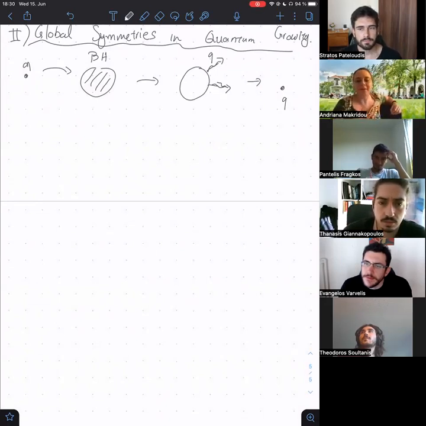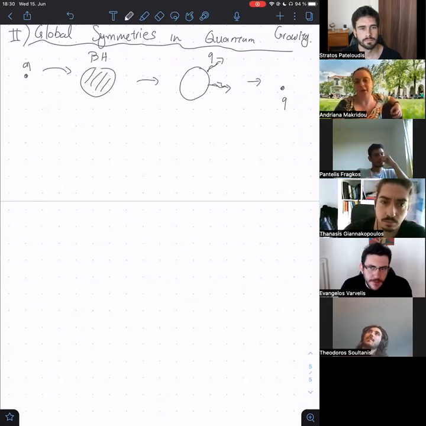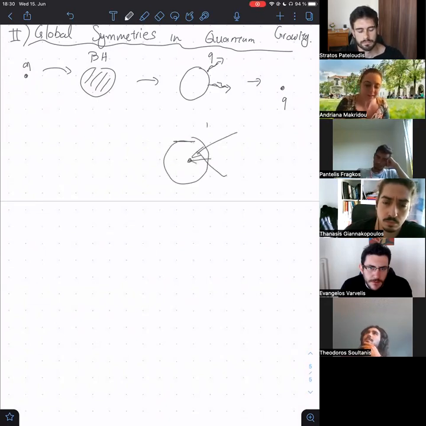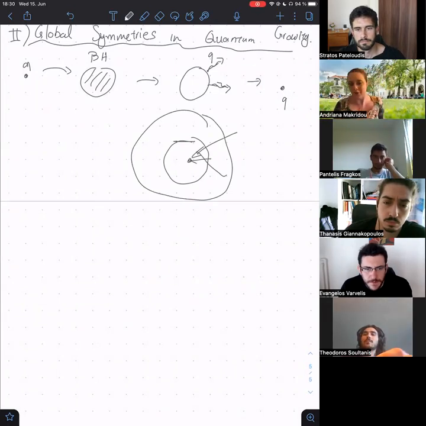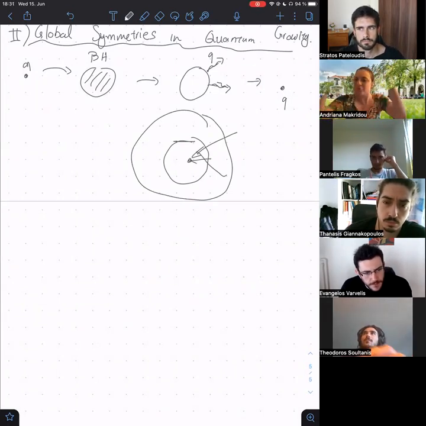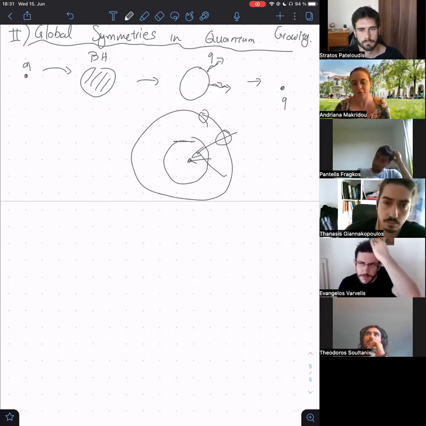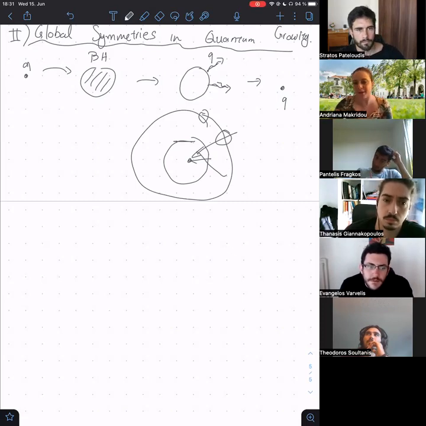The gauge symmetry is a symmetry that you can measure no matter how far away you are, because you can always have some kind of field lines that are going away. If you have some field, even if it's behind the horizon, you have the charge here that is a gauge charge, and then you have the field lines that end up on the field. So you go here, you do Gauss law around outside of the horizon, and you still have the field lines coming in and out, and then you can measure what is there. So think about it as electromagnetism. There is some propagator of the force that is traceable.